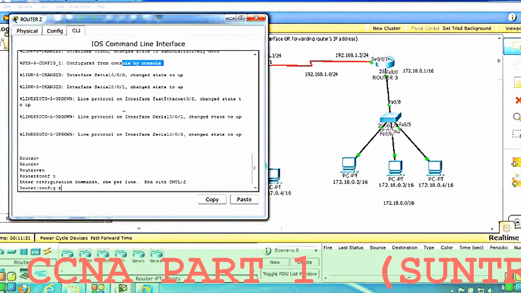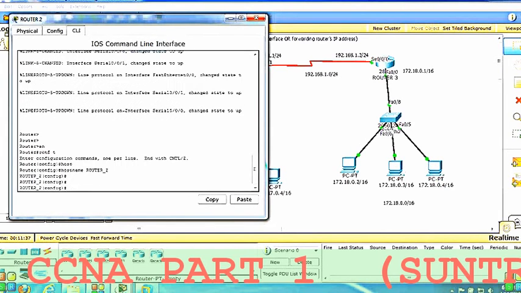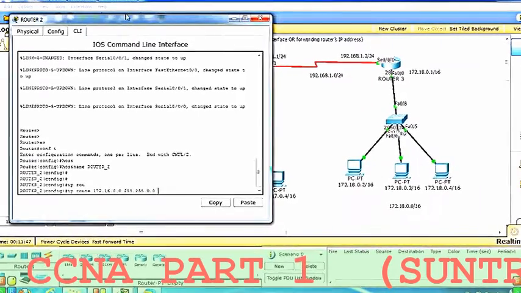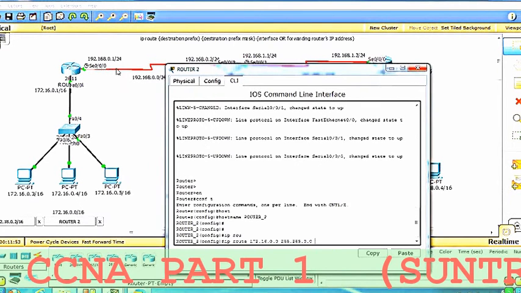Enable, config t. Hostname is router 2. Now ip route. This time my destination network is 172.16.0.0 and the subnet mask is 255.255.0.0, and I have to provide the next hop IP address as router 1's serial 0/0/0 IP, which is 192.168.0.1.